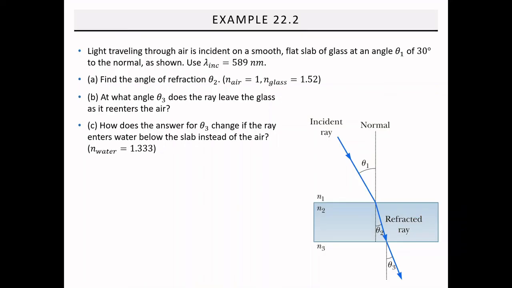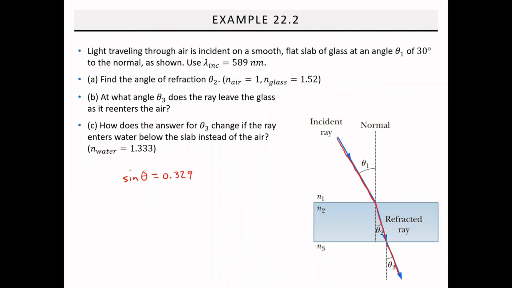I'm going to leave you with two examples for you to do today. The first is example 22.2 in the book. In this example, you have an incident ray in air that travels into a pane of glass, refracts, and then it travels out of the glass and refracts again. I do want you to work through this on your own, but I want to explain one thing to you. At some point, you're going to have to solve an equation that looks like this. You'll have sine of theta is equal to